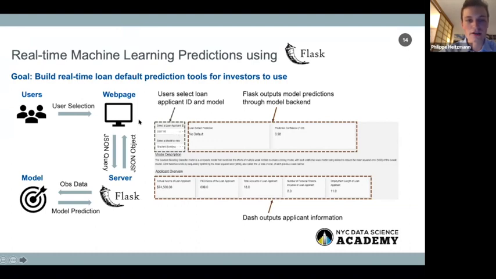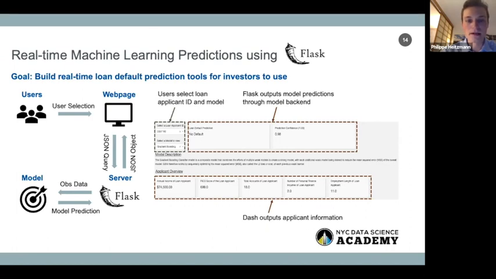That information will be captured on the web page and will be passed on to a Flask server through a JSON query that the Flask server will then unpack and pass the observation data to the model that we've trained. So for example, our CAPU's classifier model, and then the model will serve predictions to our Flask server, which will then be passed back in another JSON object to the web page,